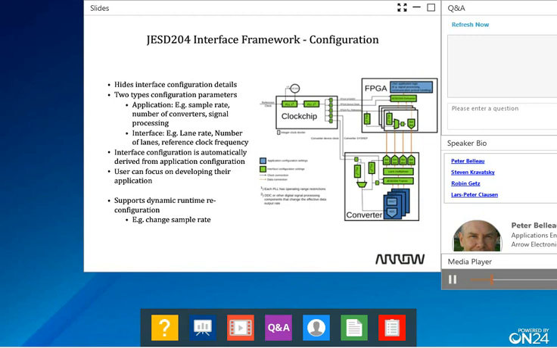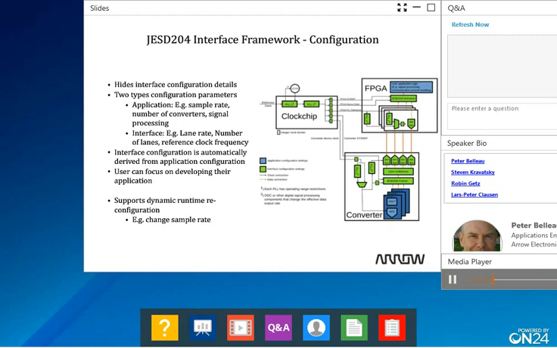For example, increasing the sample rate needs a corresponding change in the lane rate, or a change in the number of lanes used. As such, the JESD204 interface framework is able to automatically compute those interface settings for a specific set of configuration settings. For example, there is often a limit on the minimum and maximum lane rate, which can be different from device to device, and the framework might choose to dynamically enable or disable lanes to make sure that the lane rate is within the limits required by all devices on the link.